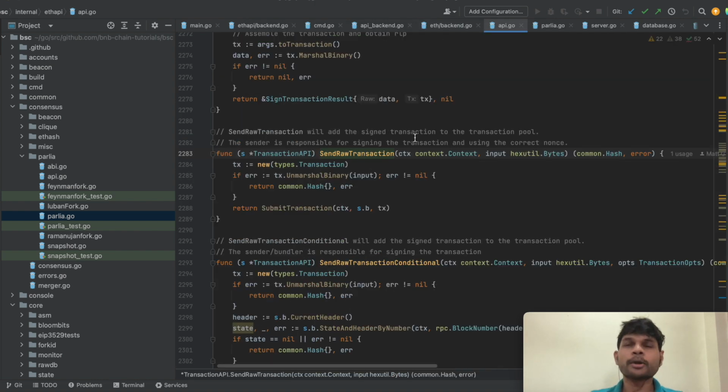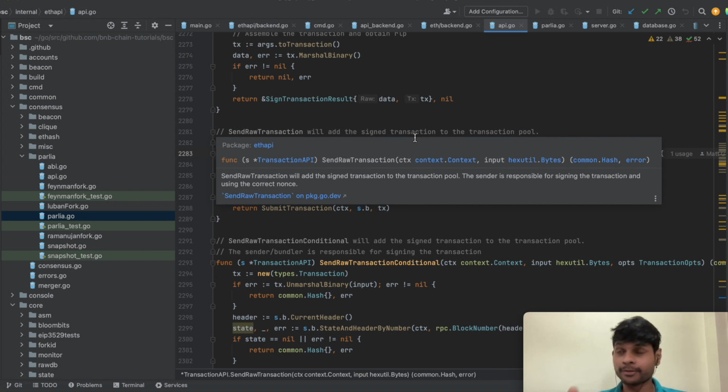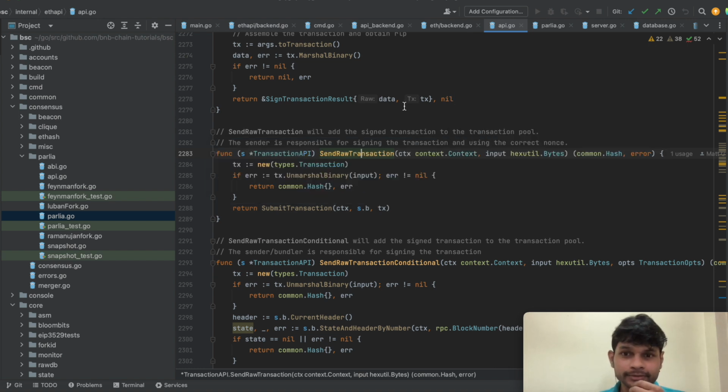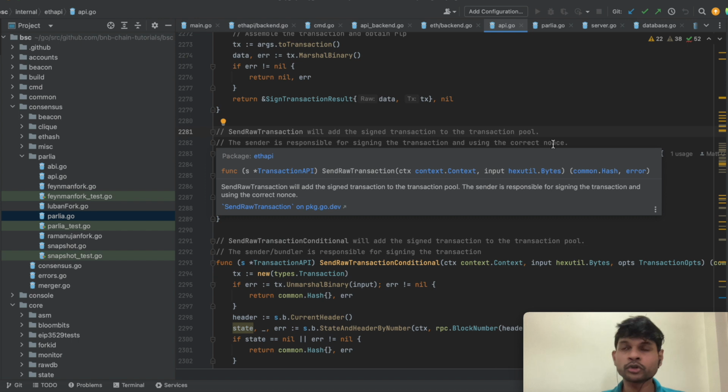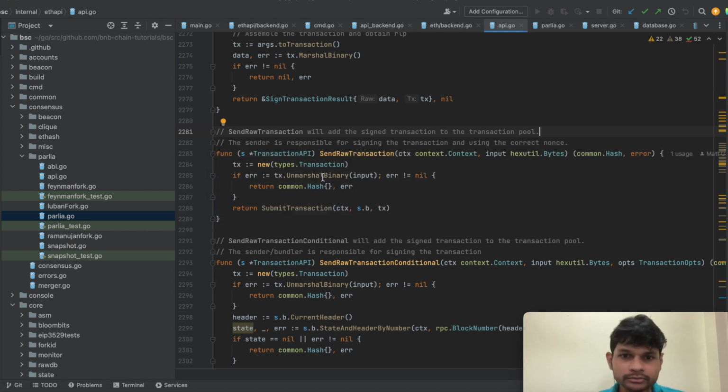If you are submitting a transaction using a wallet like MetaMask, there is a whole likelihood that in the end it uses this send raw transaction to actually send it. Send raw transaction will add the signed transaction to the transaction pool. The sender is responsible for signing the transaction and using the correct nonce. MetaMask does that for you. So once you use it, then